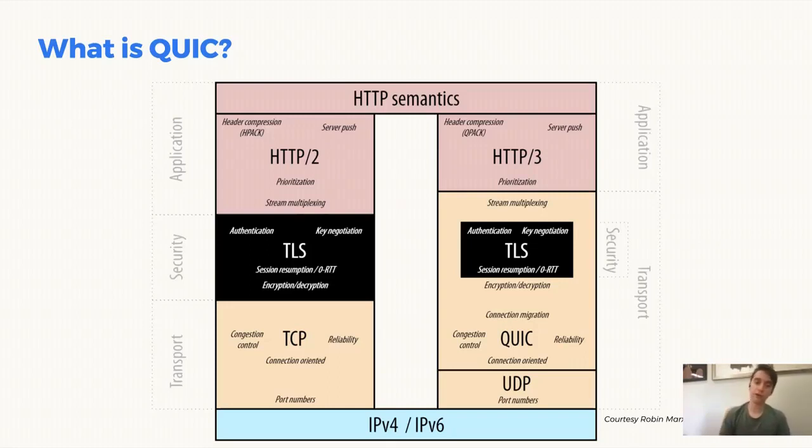And why is this? Well, TCP was defined a long time ago and had the luxury of being its own separate internet protocol and getting its own internet protocol number. This isn't realistic to do anymore because it's hard to update old equipment to understand new internet protocols. So instead, QUIC basically piggybacks on top of UDP like a lot of other protocols do, and that allows it to transit around the internet unperturbed. And of course, both of these sit on top of IPv4 and IPv6, which is just the way that we route data around the internet.